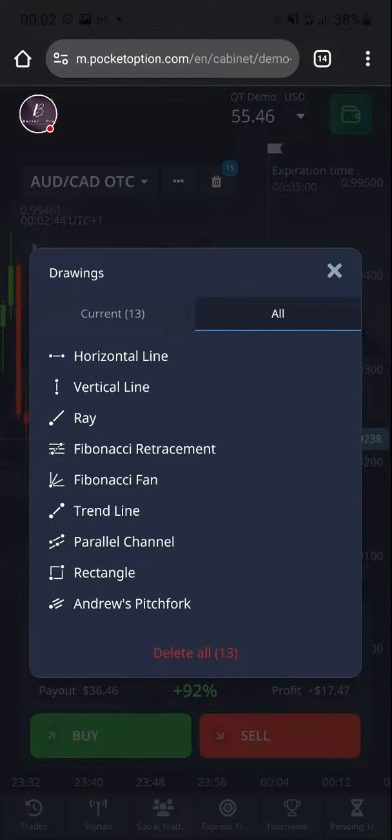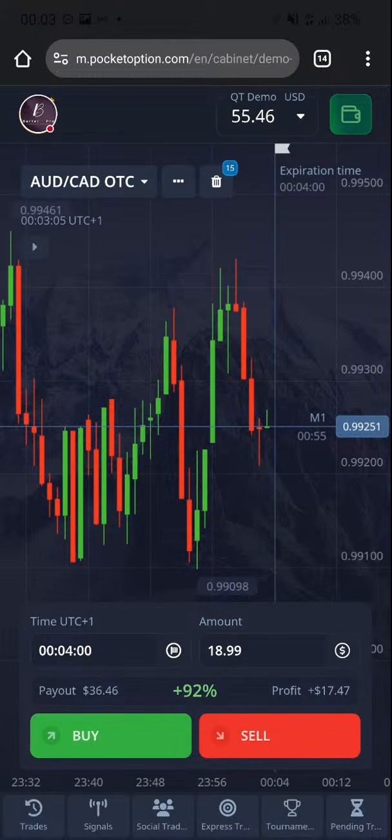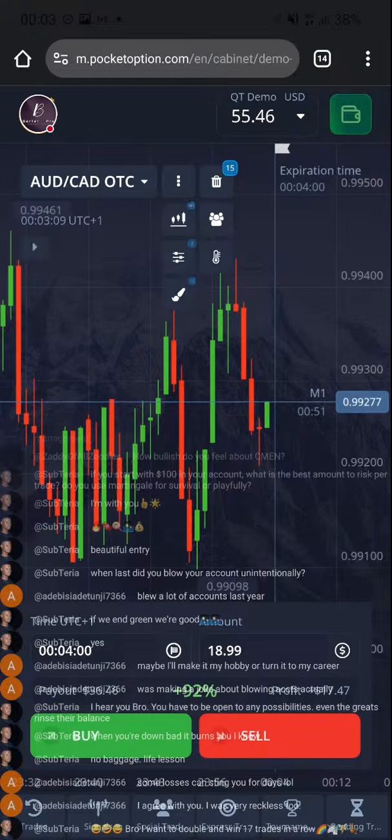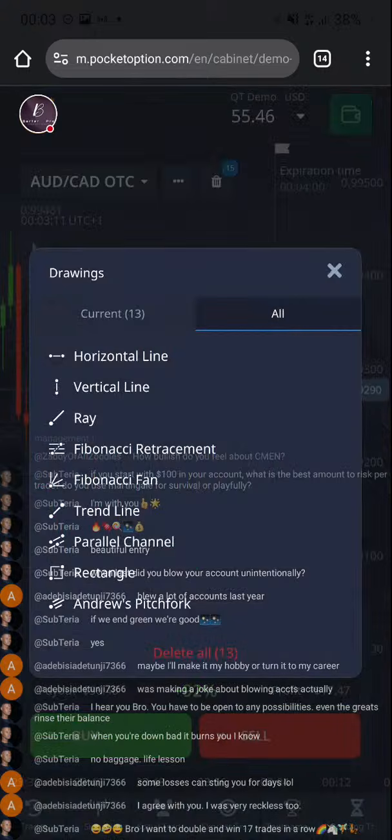You grow little by little. That's the fastest way. But if you want to grow fast, you are risking a lot of money, and that's not good for your psychology. Because if you are afraid of losing that money, you can't find the best trades. You can't find the best strategy, because your mind is on that money.